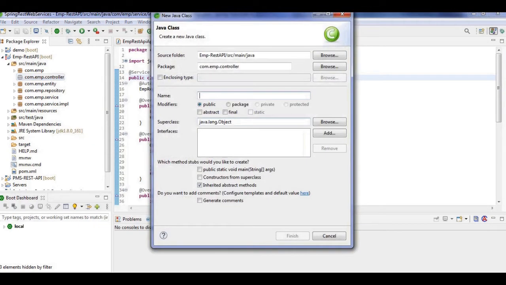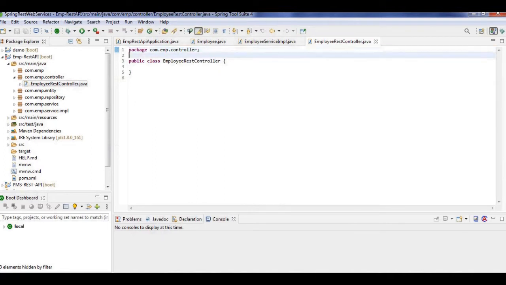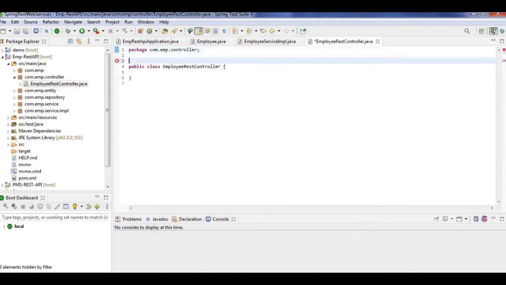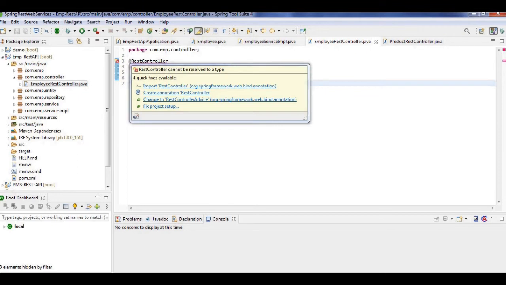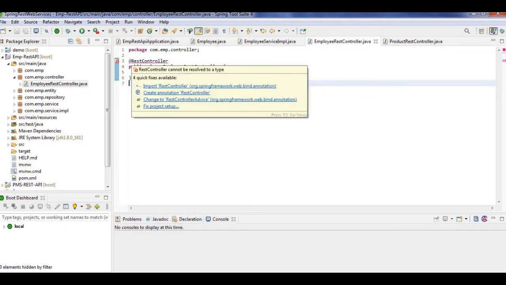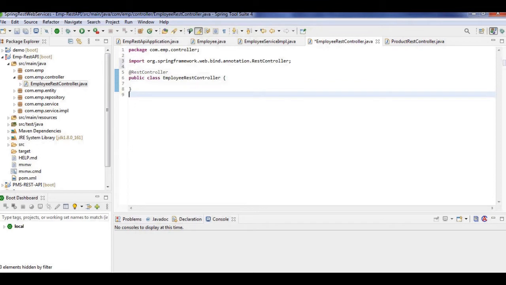And then a REST controller class, EmployeeRestController. Now first I'm going to put the annotation @RestController.